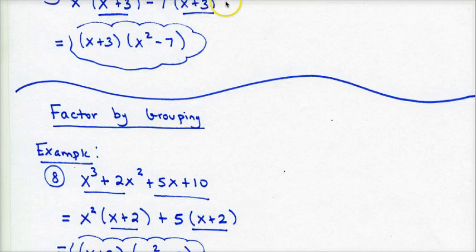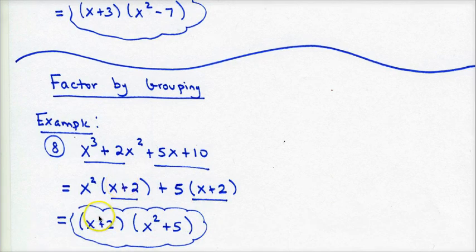So this is like problem 6 and 7 over here. What's common in the entire problem? What is the greatest common factor overall? I have an x plus 2 here, and I have an x plus 2 here. So that is common. So I factor it out. There's only 1 in common because this is only to the first power. In order to take out 2 of them, you would need x plus 2 squared, and we don't have that. So in the first spot, I'm left with x squared plus, copy this down, plus the 5